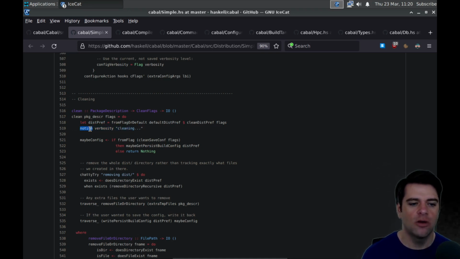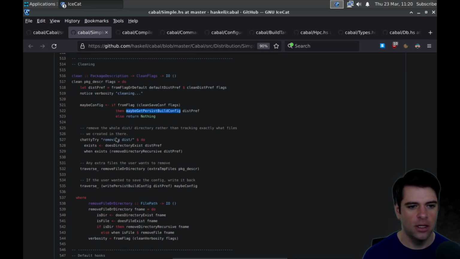We're going to call notice. I guess notice is like emit a notice given the verbosity, and maybe conditionally depending on whether it's suitable for the verbosity. This is cleaning. We're going to try to get a config from clean save conf. Maybe get persist build configure. Okay. And then remove the whole dist directory rather than tracking exactly what files we created there.